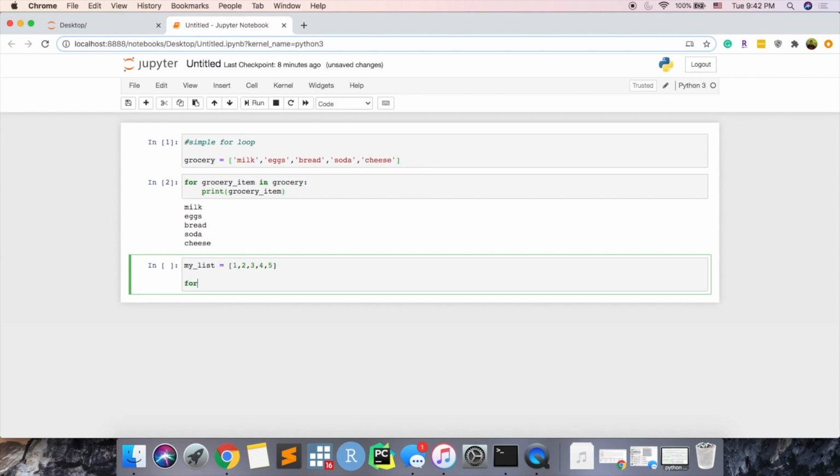So we're going to create the for loop. So for, and then for an example, we're just going to say x. So for x in my underscore list, and then the colon. The x I'm using this time just because I could use grocery item again if I wanted to, but I just like to use things that make more sense. So we're going to say for x in my list, and then we're going to hit enter,